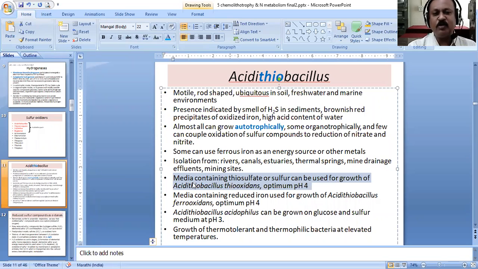Okay, so if at all you want to isolate these organisms in the laboratory and grow them in your own laboratory, then you can prepare media. Yeah, I think Aishwarya was telling us the name of a medium. What is that DHA you were talking about? Sir, it was dihydroxyacetone media.